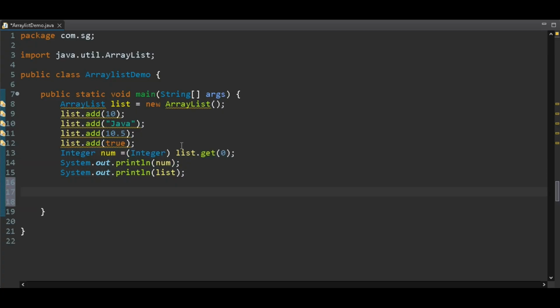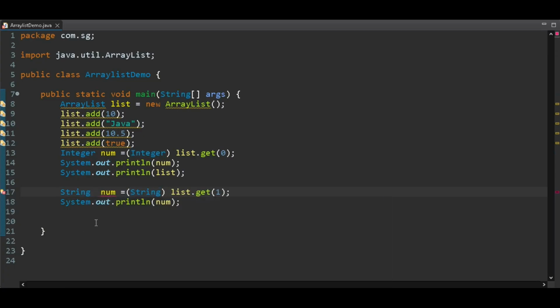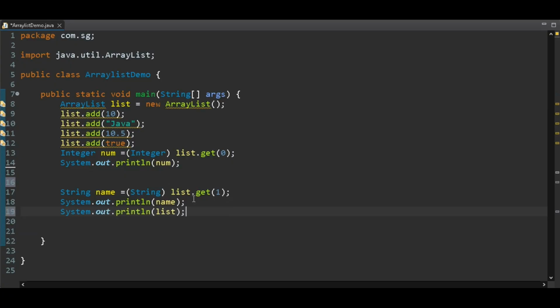The string value is present at index 1, so we put 1 instead of 0, and we need to typecast it into a string because we are retrieving the string value. Here also we need to store it in a string variable. Let's change num to name, and let's print name. Now let's run the code and see.